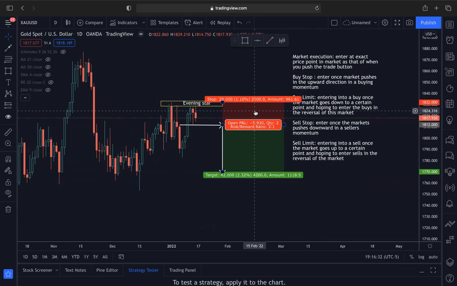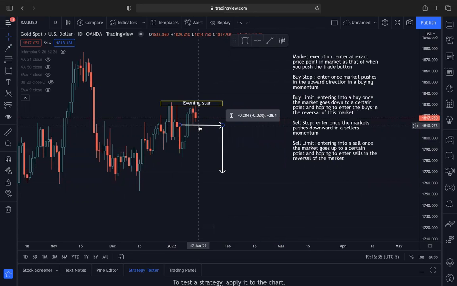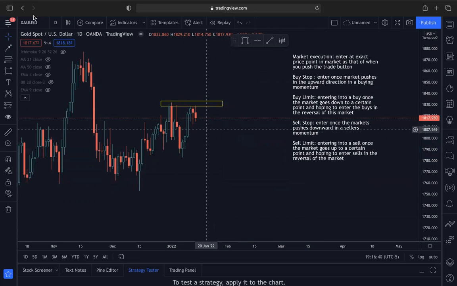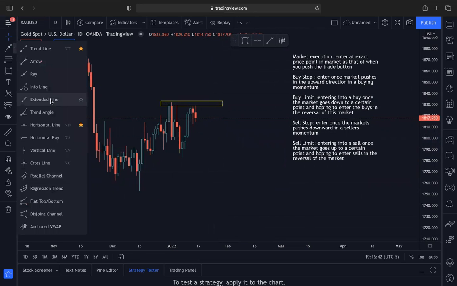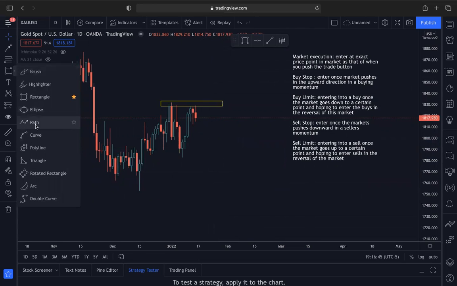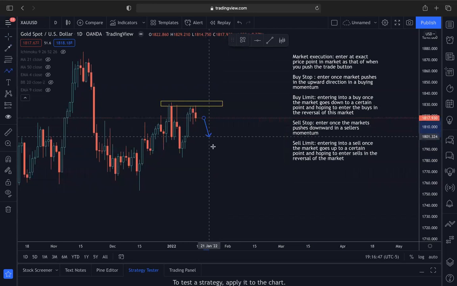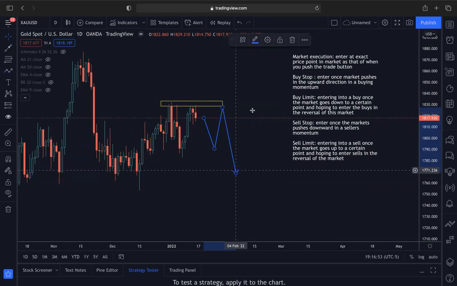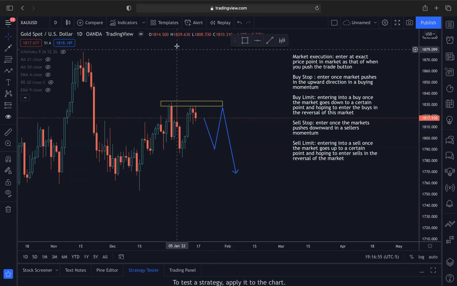And then just to stay with sells, and then we'll wrap up with buys, we'll go over a sell limit. All right, so just mapping out the market a little bit. So we may see something like this, and then the continuation. Well, before, let's say Sunday market opens and we push down here to like right around this area, and you don't really want to get in the sell because it's too much of a risk factor to put your stop loss up here. What you can do, if the market is already trading in this area right here,